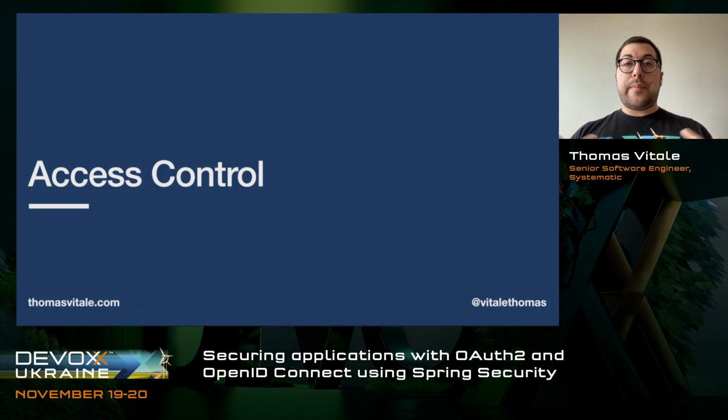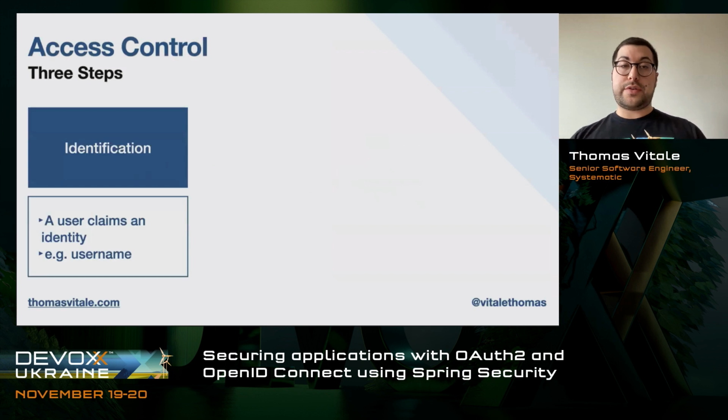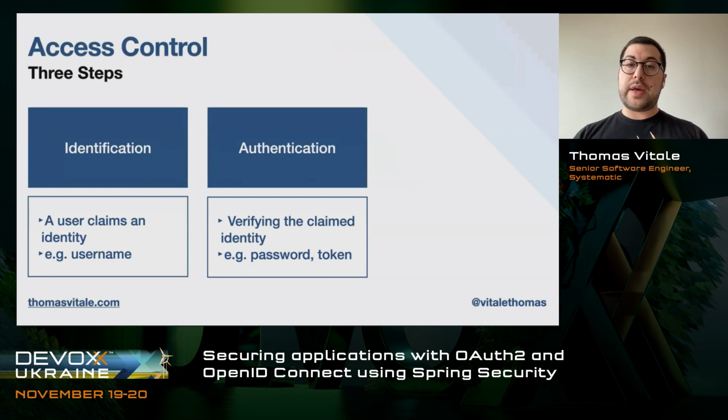Access control mechanisms are usually composed of 3 steps. The first step is identification, when a user claims an identity. In the physical world, for example, I go to a hotel and I say, "Hi, I'm Thomas." In a digital world, I can use maybe a username or an email address. But that's not enough. We have the authentication step, so we need to verify the claimed identity. At the hotel, I would be asked for an ID, for example, my passport or a driving license. In the digital world, we can use passwords, tokens, certificates, even a combination of different factors in order to have